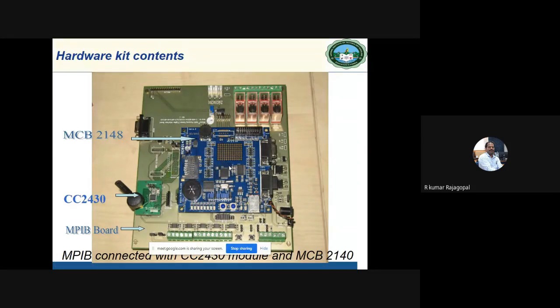In this case, this is a test bench. We can use it for any type of application, any industrial applications. You can test and validate. Yeah, coming to the next,